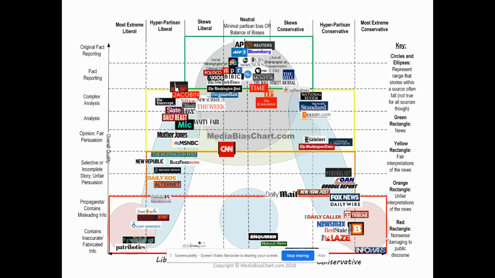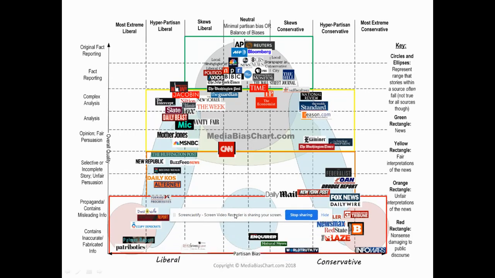So, what you see in front of you is a media bias chart, and what it does is it looks at all of the major news media organizations. If you look at the y-axis, it looks at the overall quality. The x-axis looks at what's called the partisan bias. So, is it an article that leans liberal, anything politically, like we're thinking more like Democrats, or is it leaning more to the right, like Republicans, conservative? If you look at the key, they explain exactly what the various colors are in this setup.